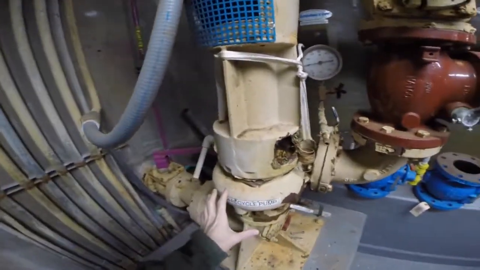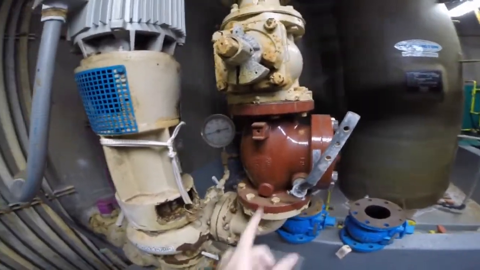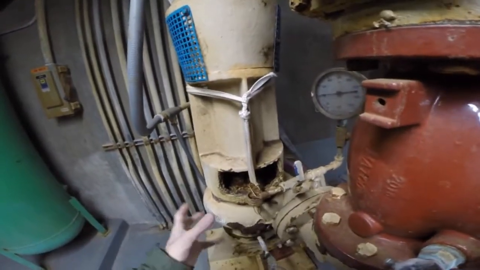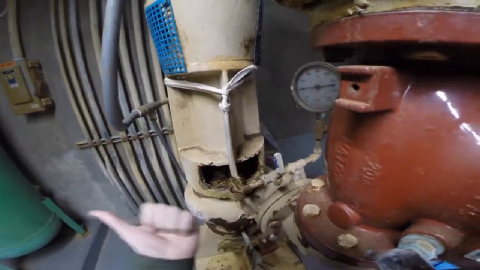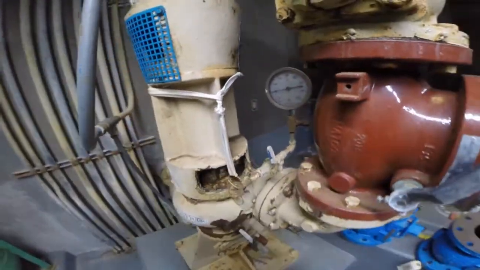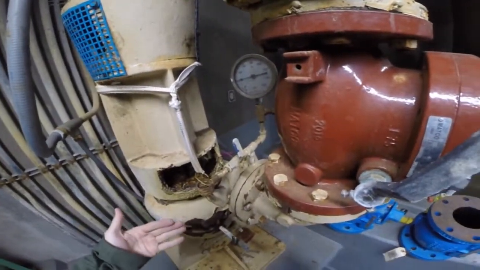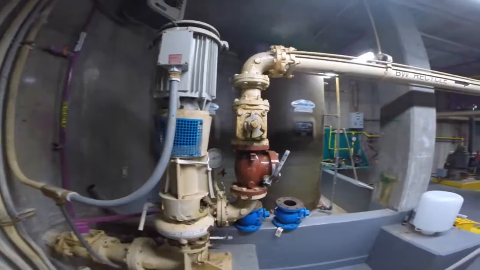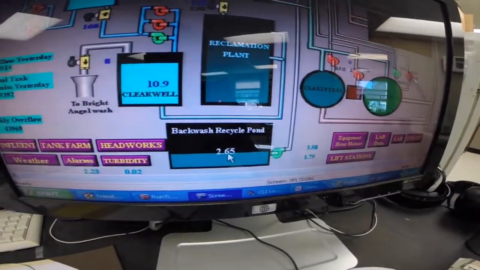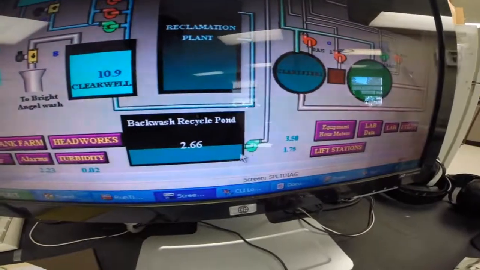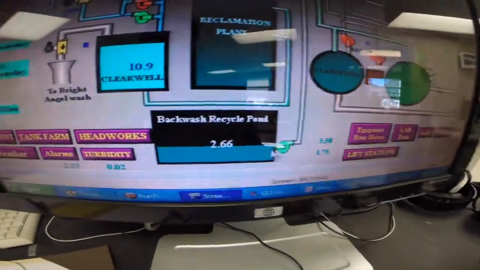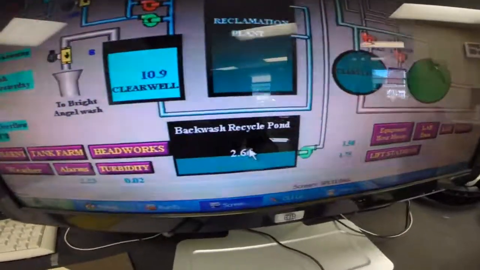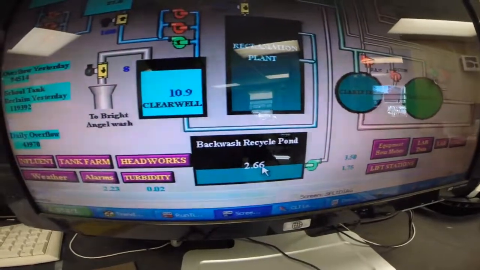cavitation of this pump. And so usually what you have to do is open up this check valve and open up this bleeder valve right here, on the discharge side of the pump, so that you can get the oxygen out, so that the pump can move liquid. And the last thing you want to check is to make sure that this pond pump shuts off at 1.75 feet. It's around 10:03, so this is going to take probably maybe 2.5 hours until